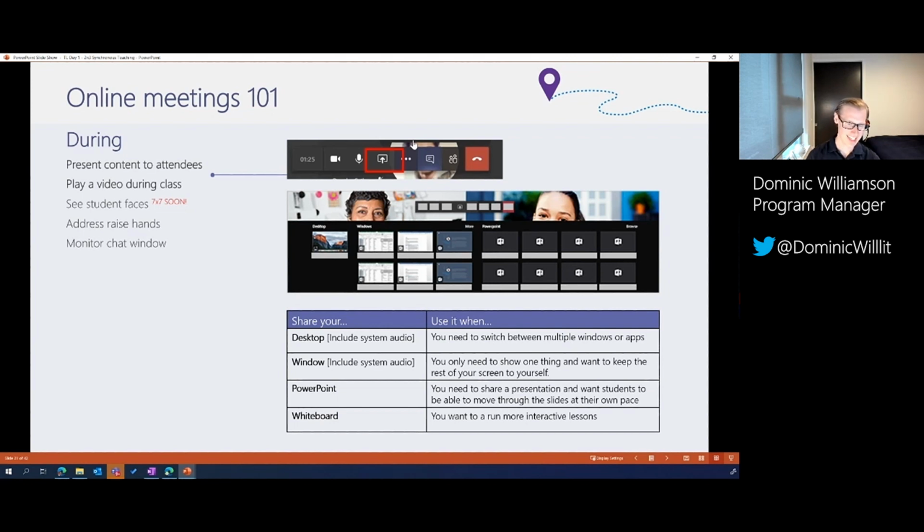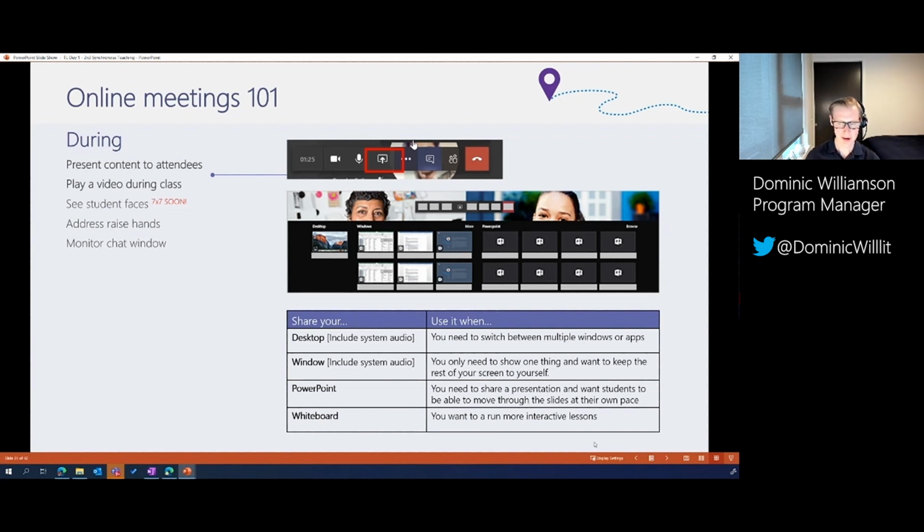If you don't want to risk an email popping up during the session, this is where we would share just the window. So let's imagine I have a Word document open that I'm taking the students through my exam, for example, some practice questions or a worksheet. If I share just the window, students will not see any other windows that are open as part of my desktop. So a great way to secure that only the thing that you want students to see will be shown. So it's a good one. Also, if you've got a messy desktop, just share the window.